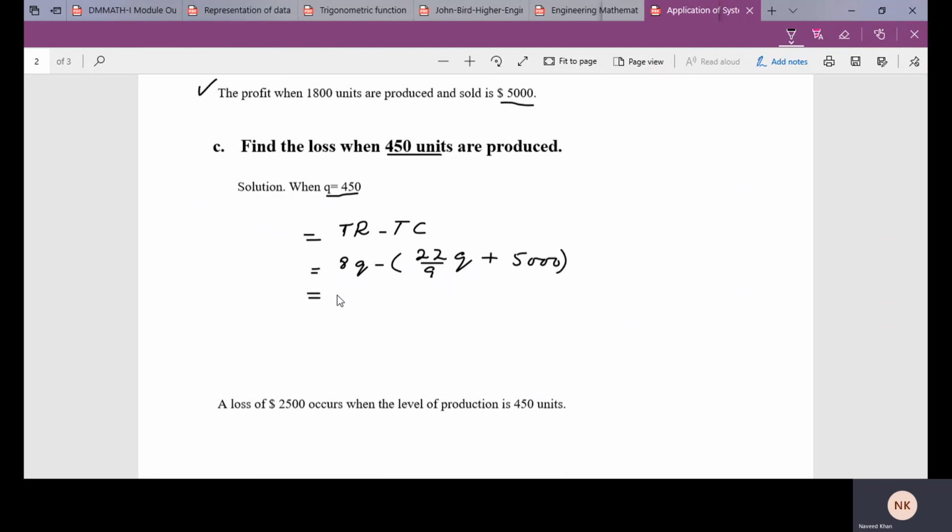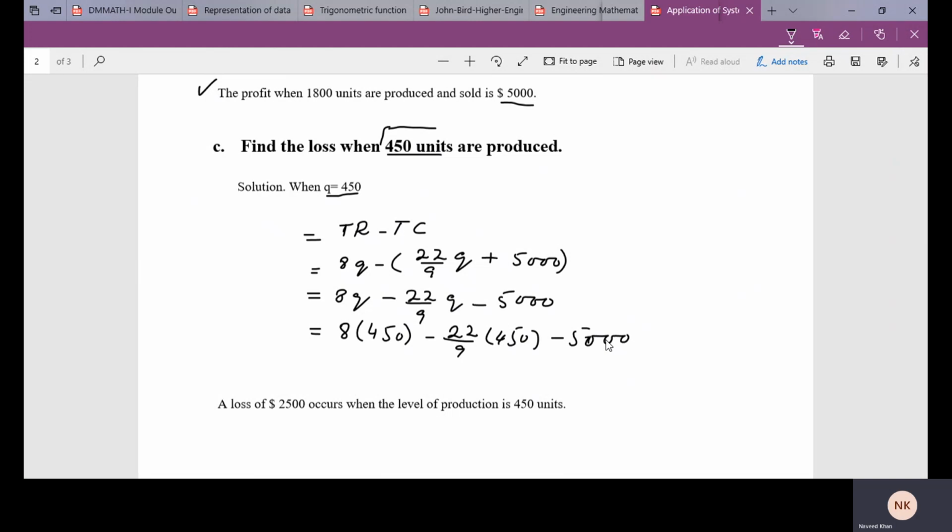So it will become 8Q. Before the bracket we have a minus sign, so the sign inside the bracket will be changed: 22 by 9 into Q minus 5000. But here in the question it is given Q is equal to 450. So in place of Q put 450. It will become 22 by 9 into 450 minus 5000. So the answer will become minus